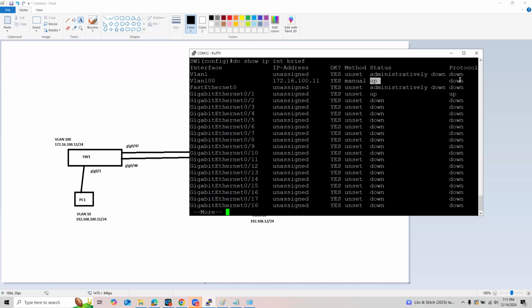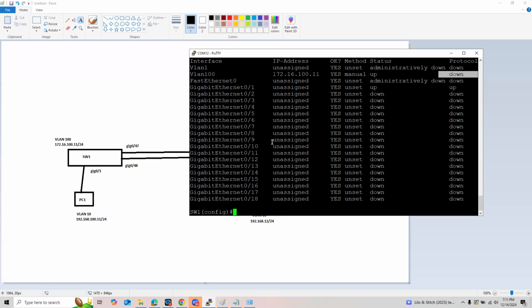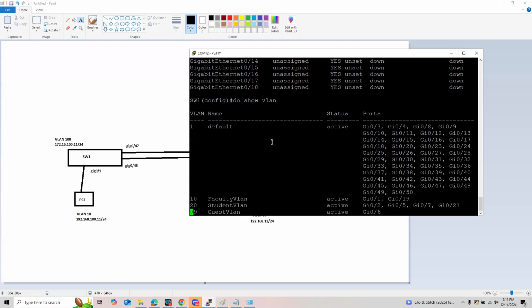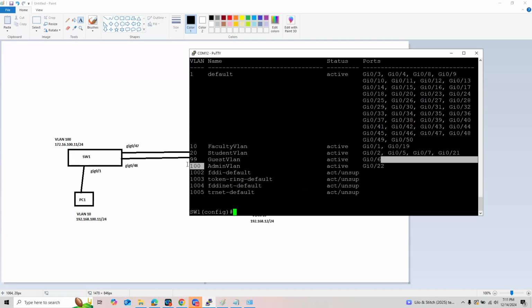Physically it is up, but its layer 2 status is still down. Because in VLAN 1, there are no active interfaces yet. So that's the reason why this is down here. Do show vlan. If you look at VLAN 100 here, there is actually an interface assigned to it.